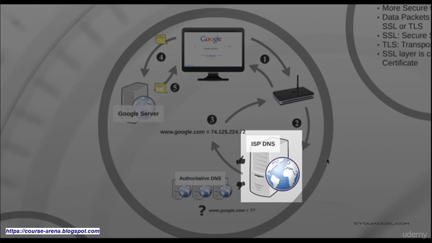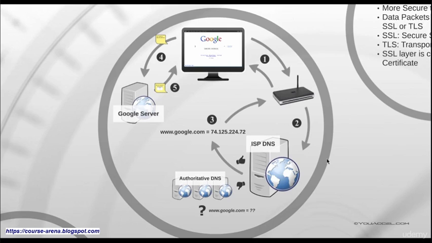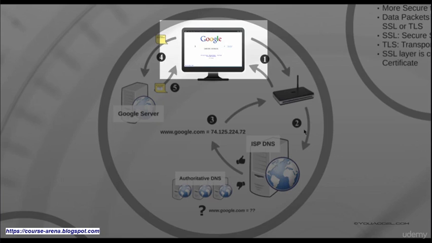Sometimes your ISP may not be able to locate the IP in their DNS records. At this point, your ISP would take it a step further and query other authoritative DNS servers for the IP. Once the IP is found, it sends this data back to your web browser. Your web browser then sends a GET request to the IP address. And if the request is successful, the contents of the web page are delivered through data packets and displayed in your web browser. A GET request for www.google.com would look something like this: